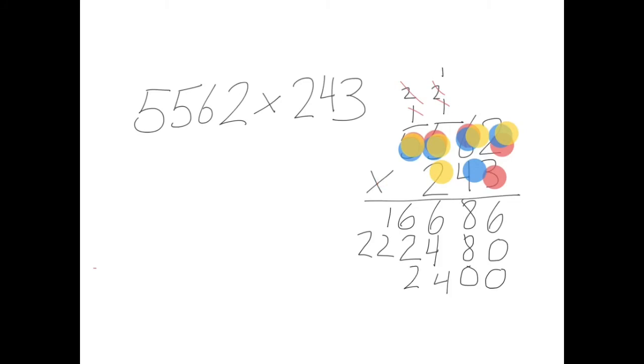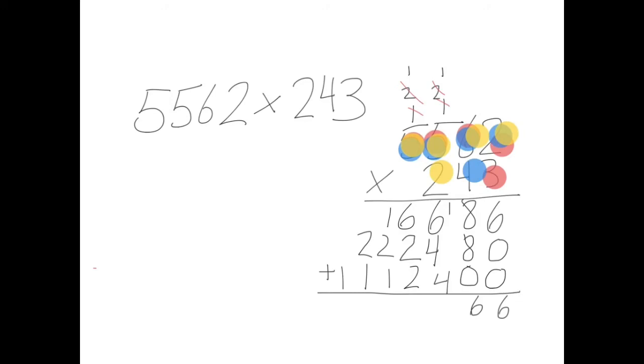2 times 5 is 10. Plus 1 is 11. And 2 times 5 is 10. Plus 1 is 11. Last step, just as before, add them all up. So you can see that the pattern just continues. If we were to have another number here, we would have 3 zero placeholders to recognize it for its thousands